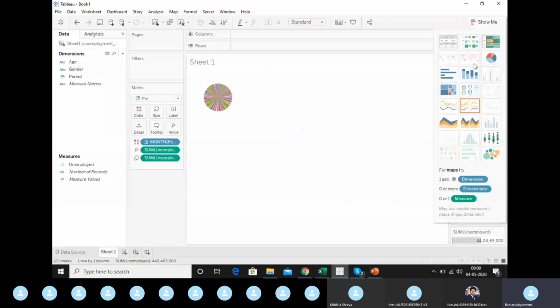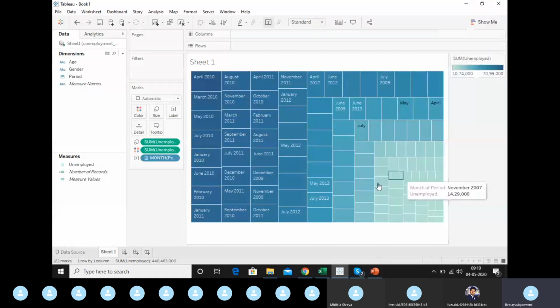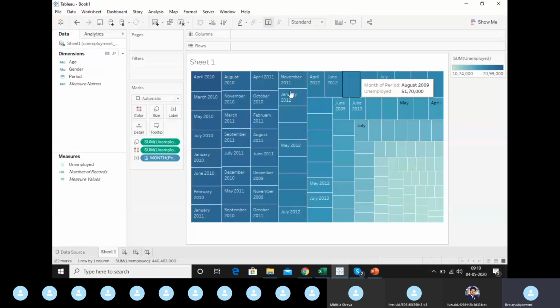And this is our area chart. This is our tree map. Here in the tree map, again, there are so many records, and some records are not even fitting into these boxes. So again, this is of no use. One amazing chart we can go with is the area chart, so we'll explore how we can do it.